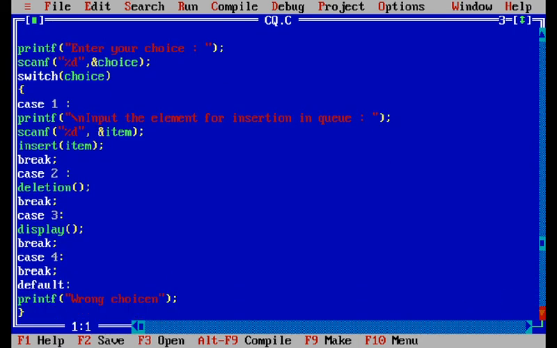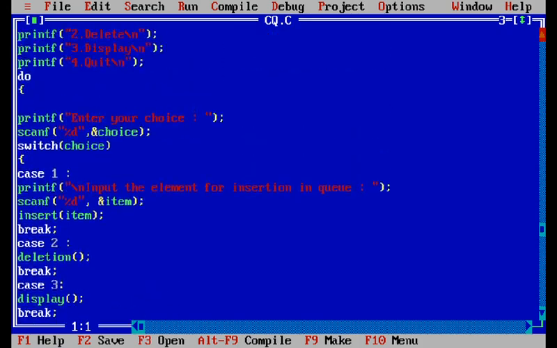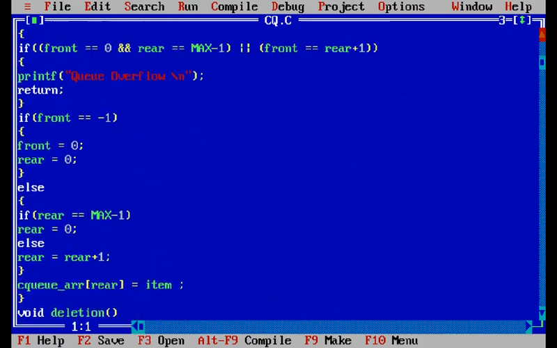Now the default statement: if you enter a wrong choice, it gives the result wrong choice. Here is the while loop: while choice is not equal to 4, it continues, otherwise it exits from the loop and returns 0. So this program implements the circular queue with the help of the C language.